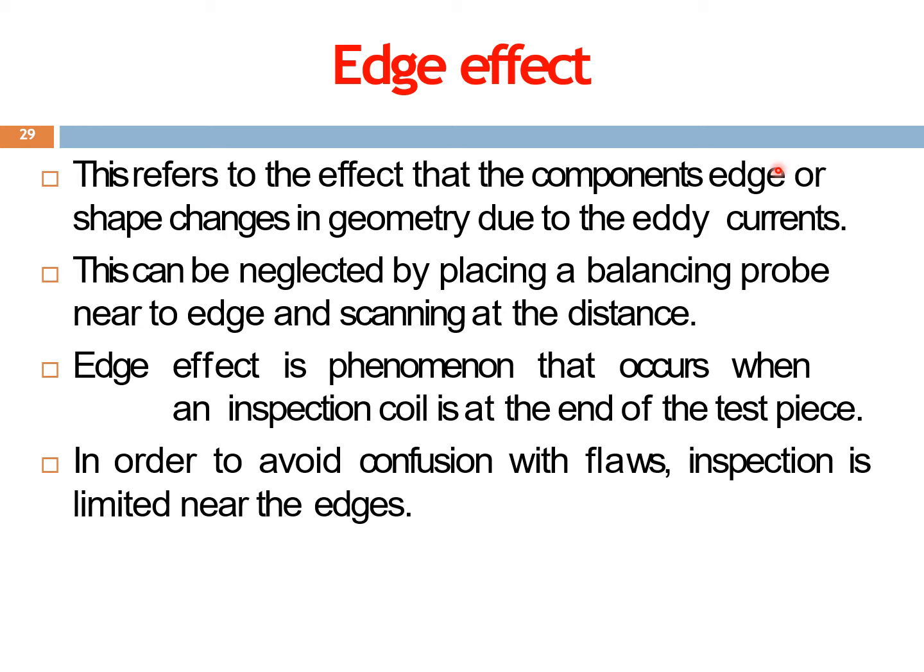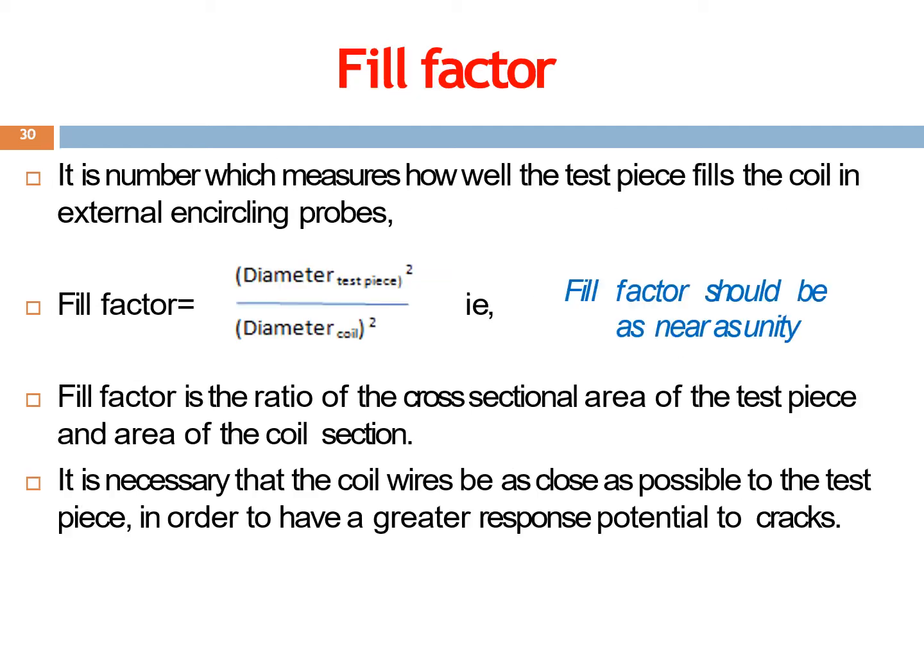So what you do is that the primary probe that you are using will be concentrated more away from the edges, because when you are concentrating more towards the edges, because of the area change, the looped structure of the eddy currents is affected. As a result, we get a defect indication, but actually there is no such defect because it is the end surface. So a false defect is identified. So edge effect can be reduced when the inspection coil is more concentrated towards the surface and away from the edges, right? So we limit the inspection near the edges.